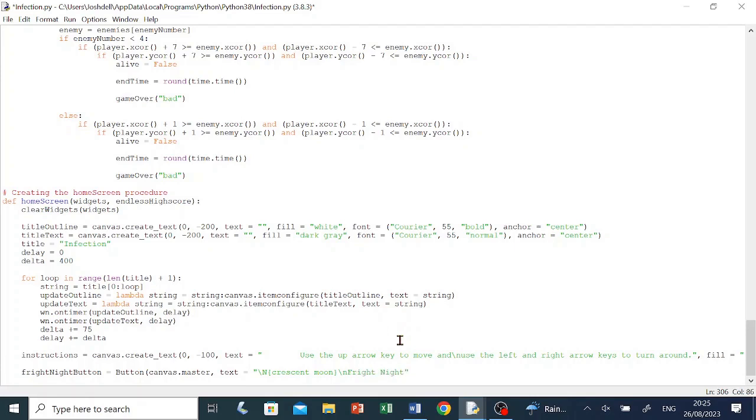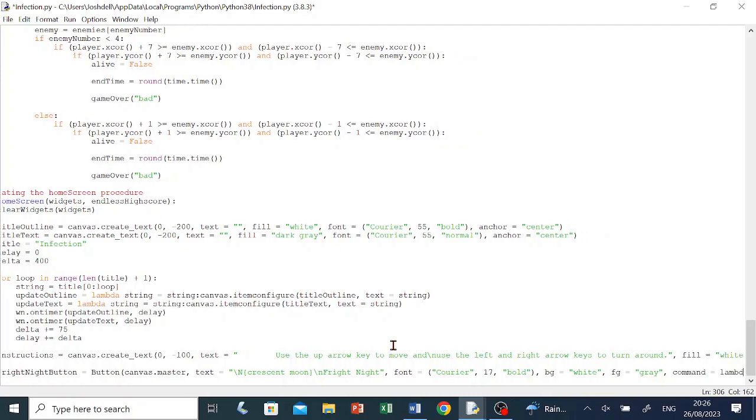Close quotation marks, comma, space, font, space equals space, open brackets, open quotation marks, courier, close quotation marks, comma, space, 17, comma, space, open quotation marks, bold, close quotation marks, close brackets, comma, space, BG, space equals space, open quotation marks, white, close quotation marks, comma, space, FG, space equals space, open quotation marks, grey. Make sure grey is spelled with an A and not an E. Close quotation marks, comma, space, command, space equals space, lambda,